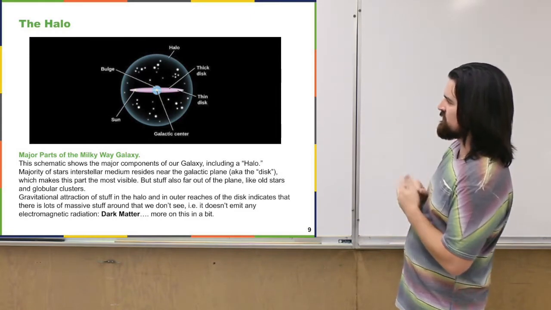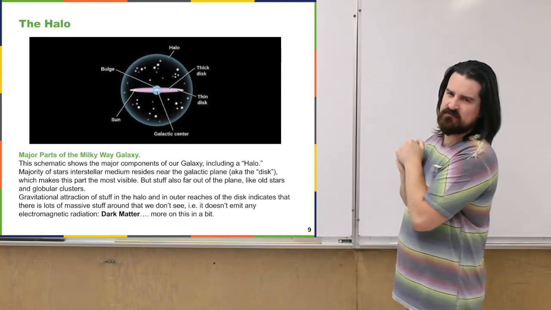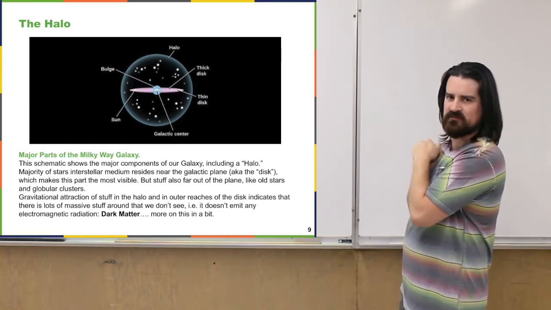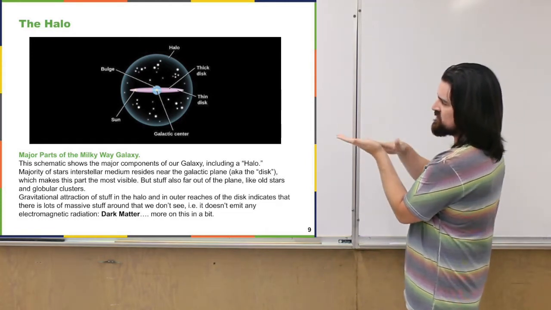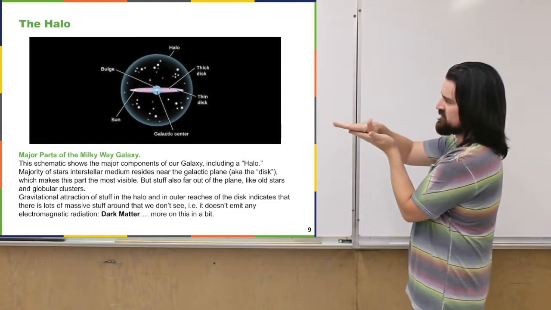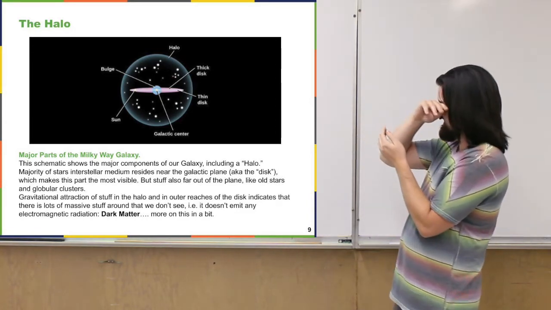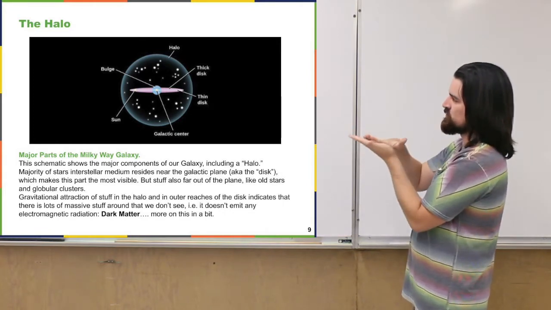Right, we have the center of the galaxy. Around that center is this bulge, and that's even been simplified here because, like I said, the bulge is more like a peanut kind of shape. And then around, or through the center, and then around in this plane, there's this thin disk, the most densely populated area, stars and the intergalactic medium and all that, just most of it there.